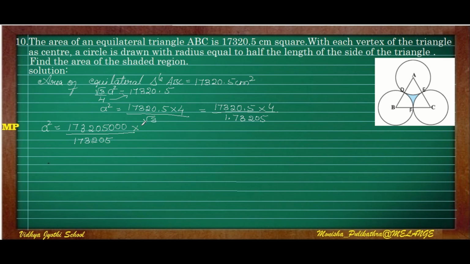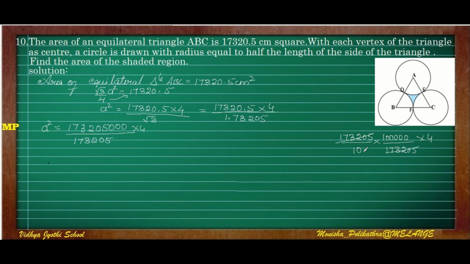1732005, here 4. Let me tell you how: here after the point 1 digit is there, right? So if we want to remove the point, we have to insert a 10 here, that is divide by 10. After the point 1 digit is there, so we have to insert 10 here. So 10 has 1 zero. In the same way here, after the point 5 digits are there. So in order to remove the point, we have to insert 5 zeros, into 1732005 into 4.